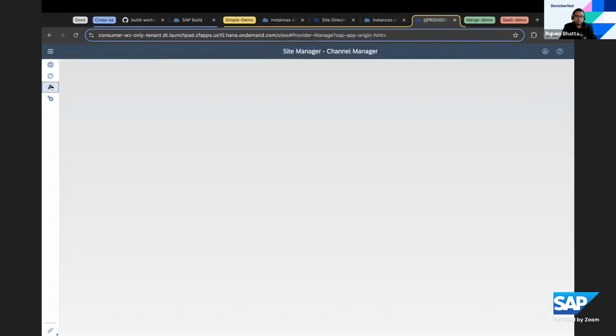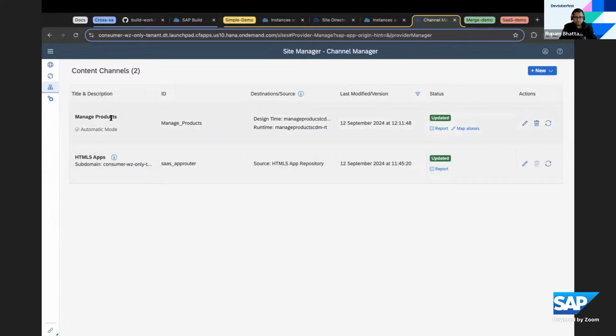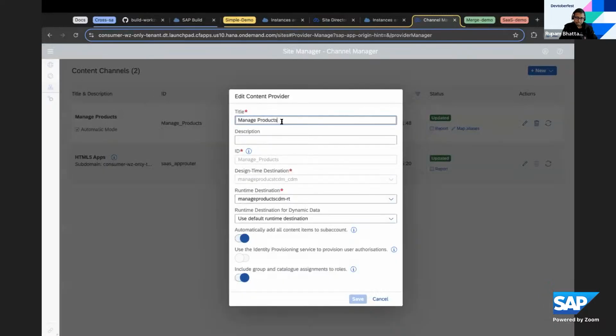And here, first thing I would want to show you is the content channel. So what happened is, once I deployed a provider and created the destination in my consumer sub account, I already created the content provider, but let me show you how it was created. To give it a basic title, the ID is automatically generated from the title, and the design time destination. Here, if you see, I have selected the design time destination, which I imported from the provider sub account to this sub account, and the runtime destination, which obviously you can select, and then